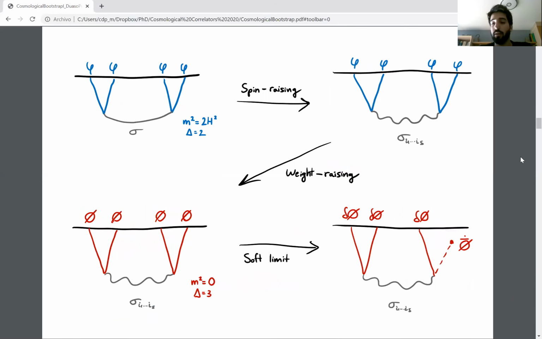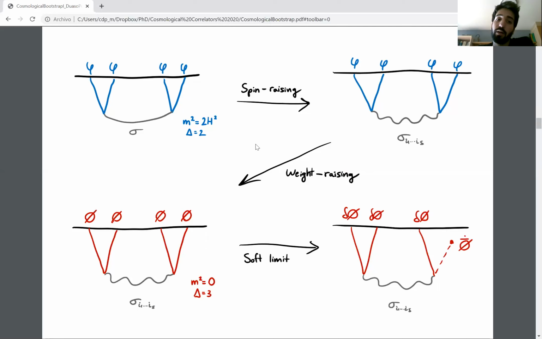So that is going to be the strategy. The strategy is going to be to solve it for that simple case that I have drawn here. As I said, these are conformally coupled scalars, so they have a conformal dimension equals 2. And then the way we are going to obtain the more complicated correlators, which involve spinning fields or fields with other masses, is not going to be by solving again the same equations for these other more complicated cases, but by using weight shifting operators.